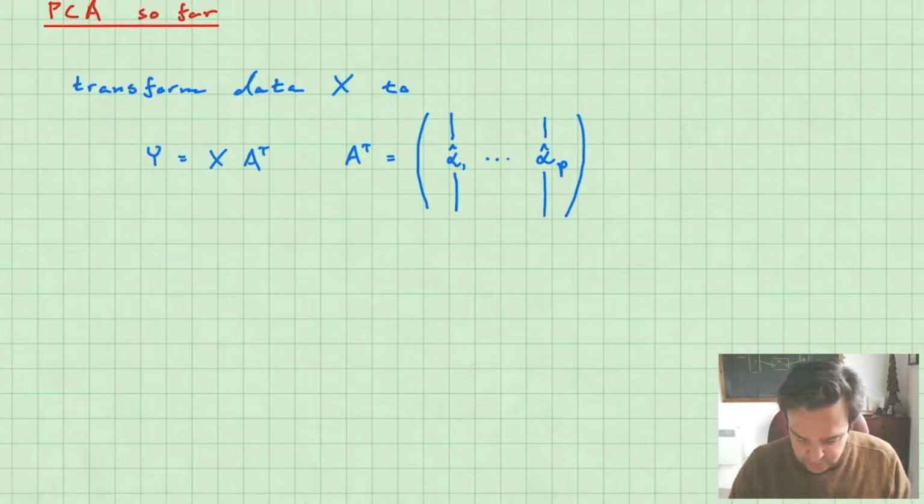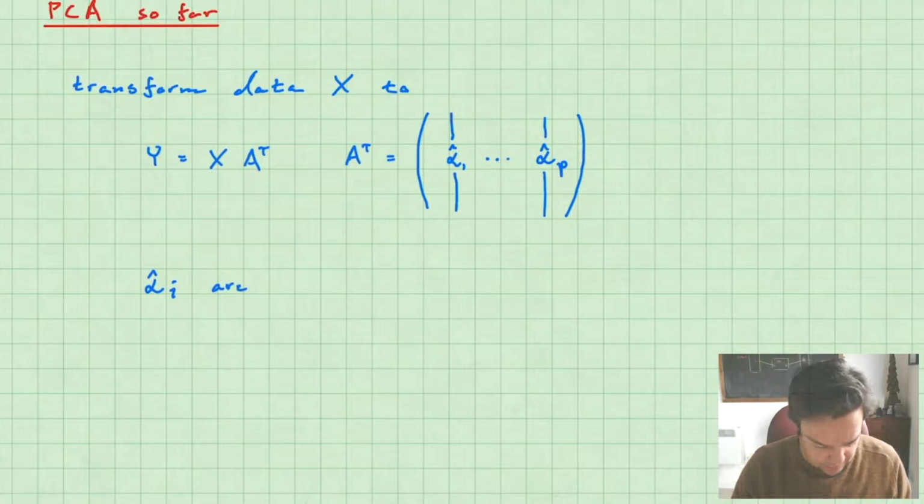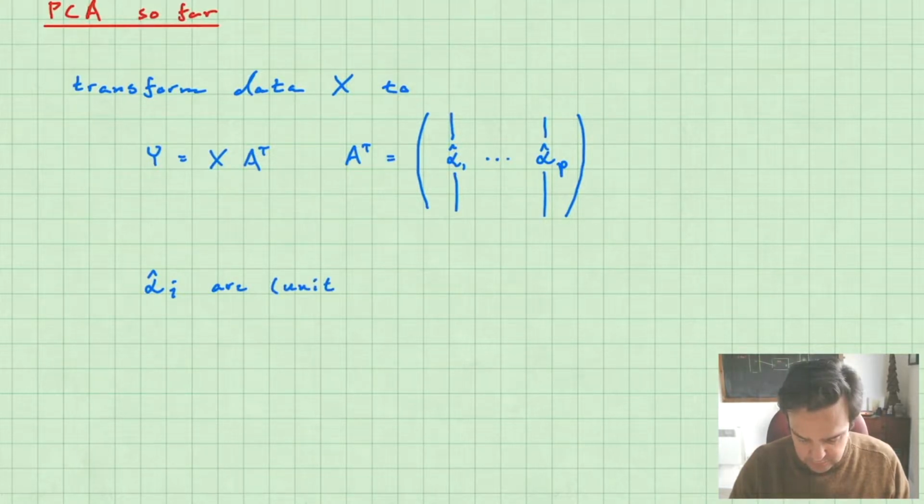And those alphas are the eigenvectors of the covariance matrix for X, right? So the alpha hat i, they're the unit eigenvectors, unit meaning have length 1. So they've been normalized. That's another way to say that. They are the unit eigenvectors